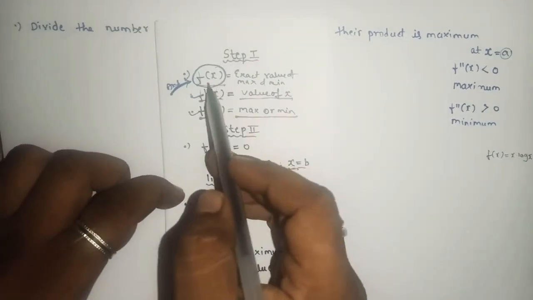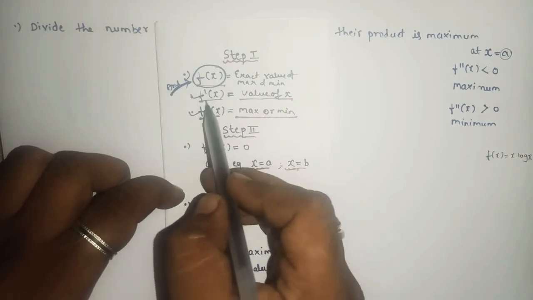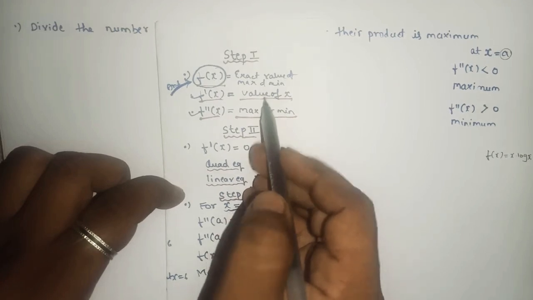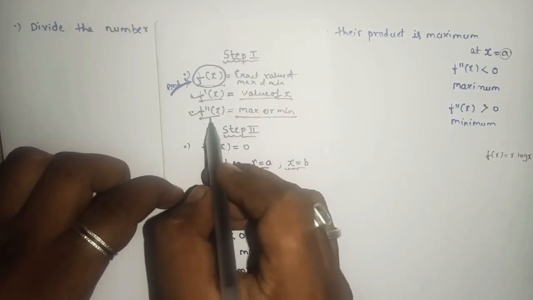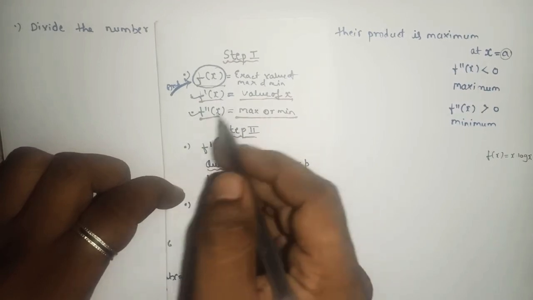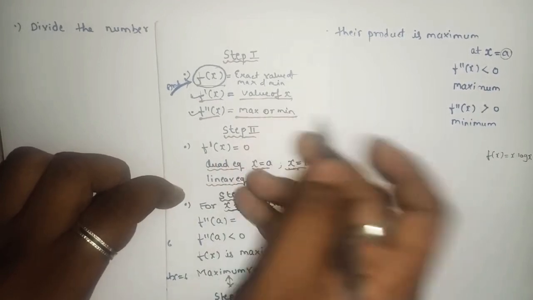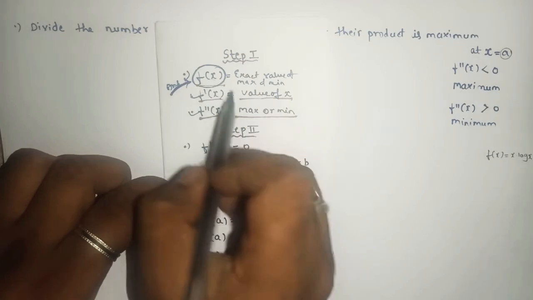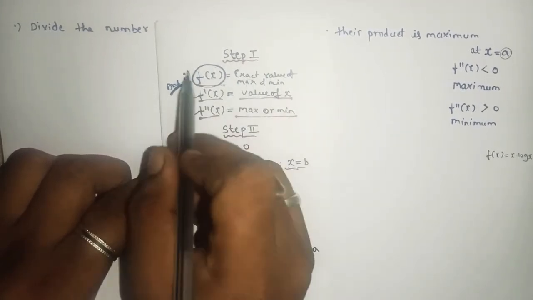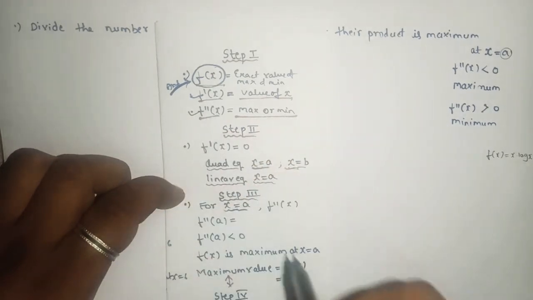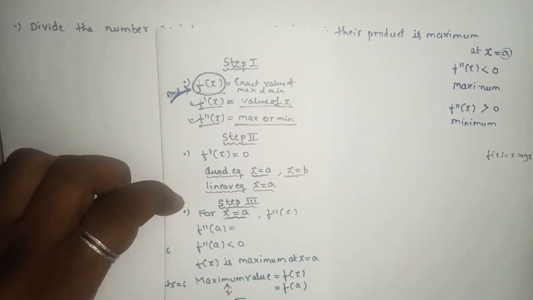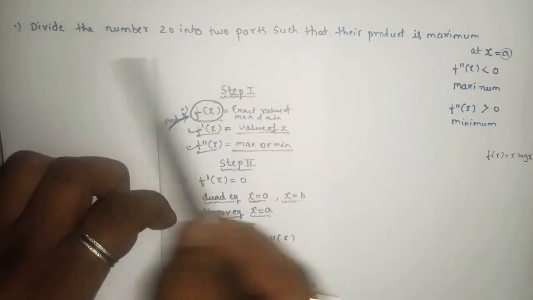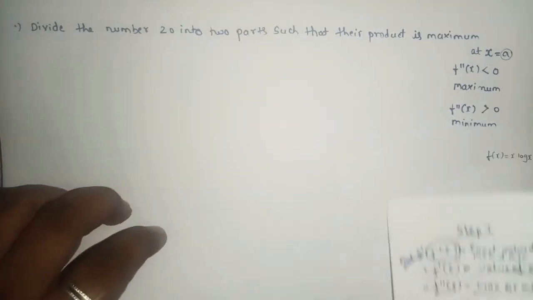And we know that if we have f of x, then after that we find f dash x, from where you get the value of x. After getting the value of x, from f double dash x only can we come to know whether the function is maximum or minimum. The exact value you get from f of x. So the main target is to find f of x. Without knowing f of x we cannot proceed with the sum further. So for the remaining three statement sums, it is very important that you know the exact f of x from the given statement. So let's begin with the sum now.